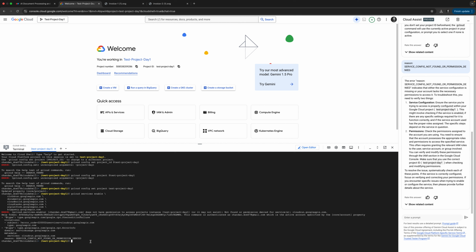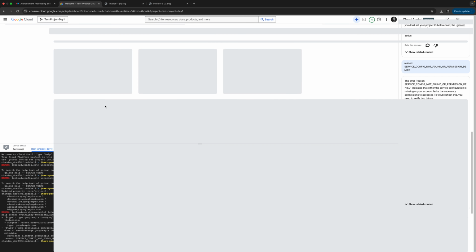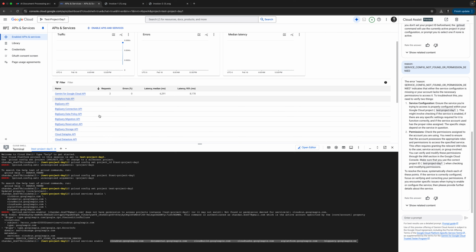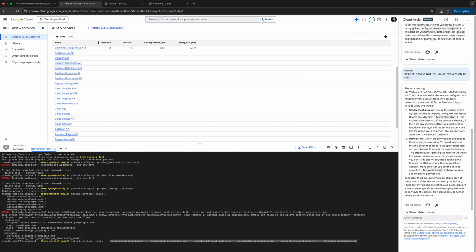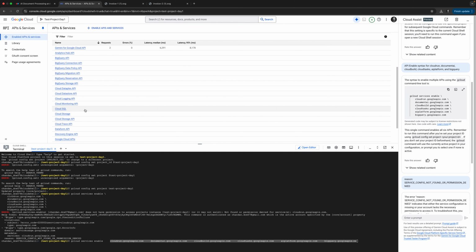So let's just do it one by one. Let's see which one we can do. Let's just go to enable API and services. Let's just do it this way. Let's see if we are able to do it. And then what are the things which we require? So we need